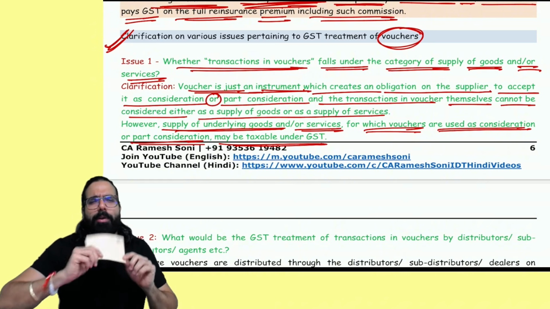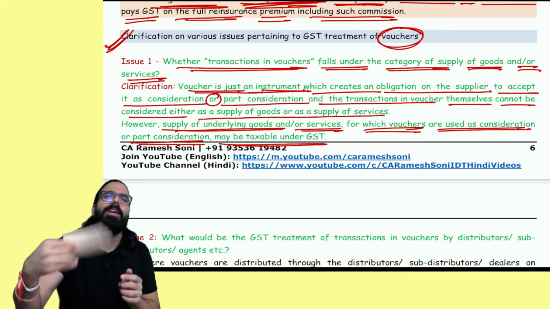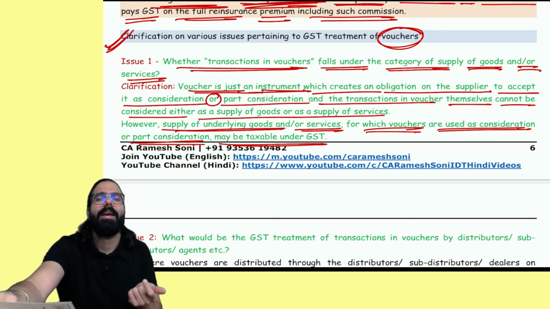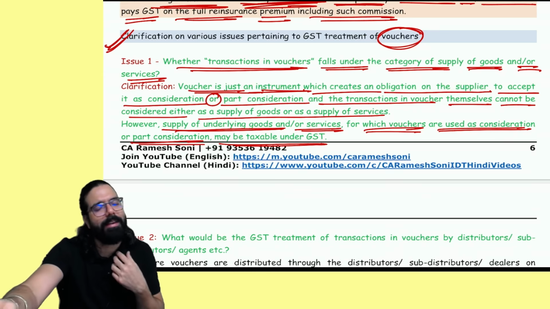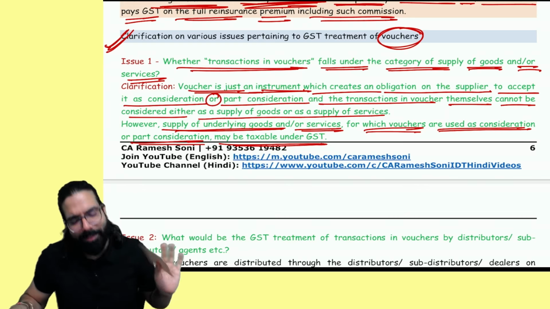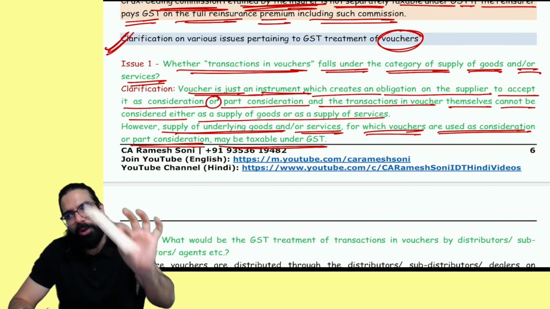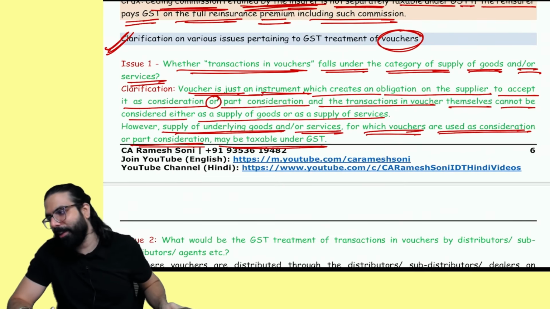You went ahead and supplied me goods. I went ahead and gave you voucher. Sir, on the goods and service GST comes. Vouchers are just used to pay, like how we use money to pay as a consideration, like that vouchers are also used to pay as a consideration. I hope this point is clear. And voucher do not fall in goods or service also. Done, sir. This point is clear.